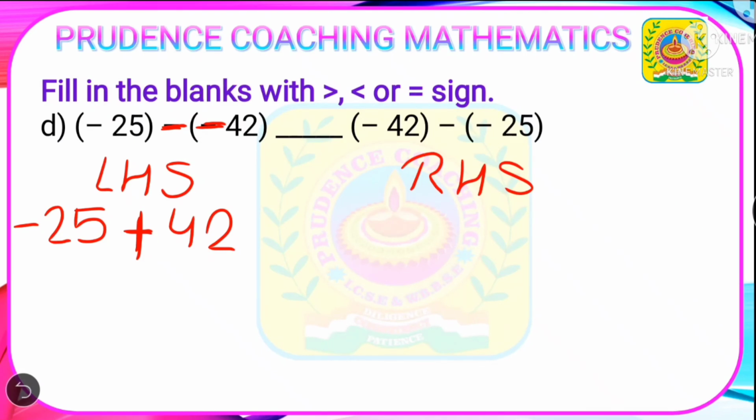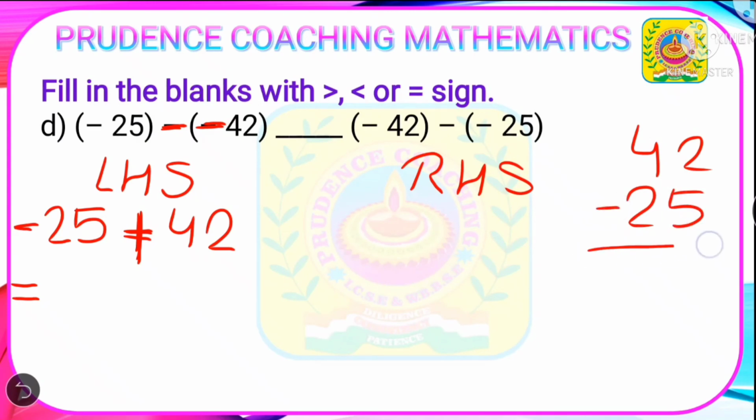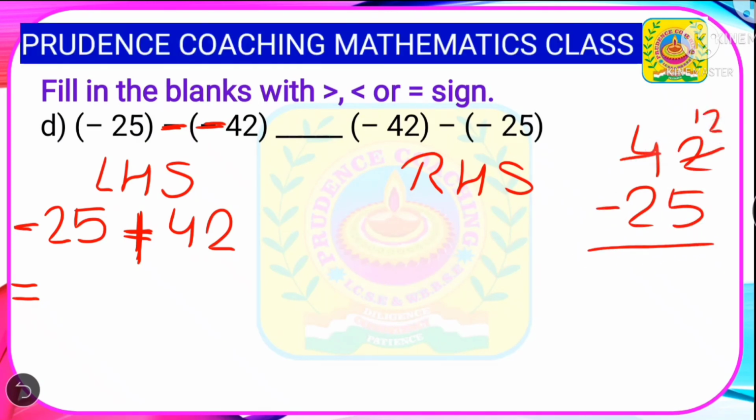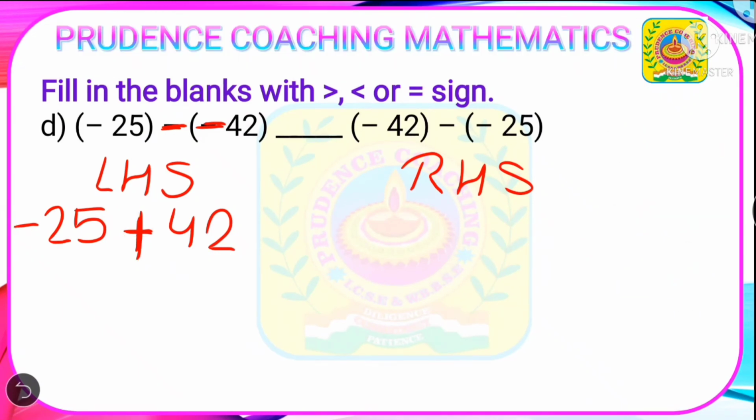So let's continue. So here we will apply the additive property, as the signs are different. So what we need to do is find the difference. So 42 minus 25 you need to calculate. If you can't calculate in mind, you can write it like this, that is 42 minus 25. Now as you can see, this will be 12 and this will be 3. So 12 minus 5 will be 7 and 3 minus 2 will be 1. So here the answer will be 17 and the sign will be positive, because here 42, the bigger number, has a positive sign. Now let us move on to the right hand side.